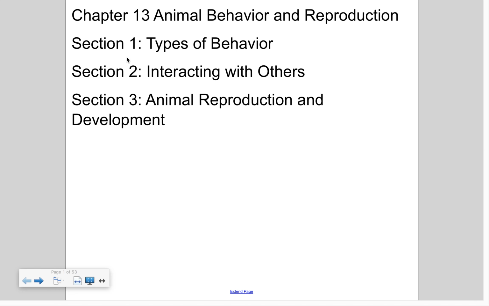I'm going to do section 13.1 here, talking about different types of behavior that are found in animals. So I'm only going to cover the first two sections of this chapter this week. We are not going to cover section 3, which deals with animal reproduction and development, just because